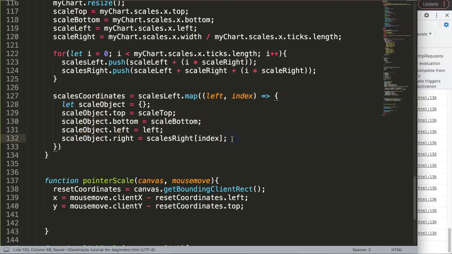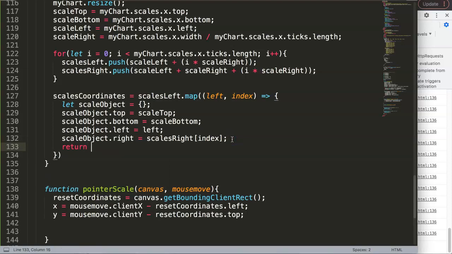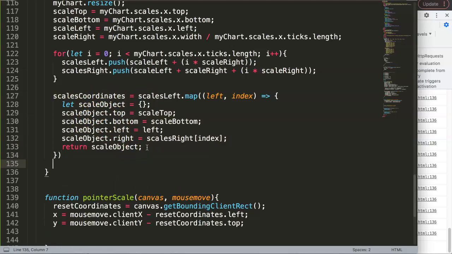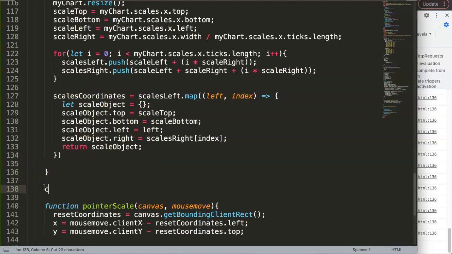So once we did this, what I want to do here is, of course, the final item. We say enter. Say return. What are we going to return? Return this. So basically we push the values here, this object, into this array here. And once we did that, you can see here now we have this scale, and we can do this in the console log, or we can even do it here outside, doesn't matter. We do it here, console